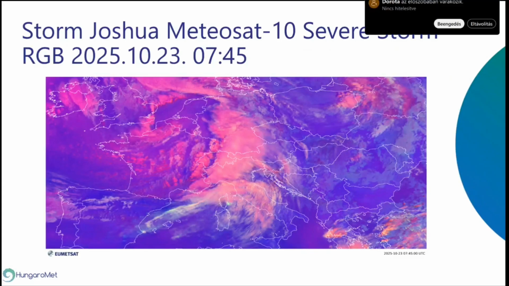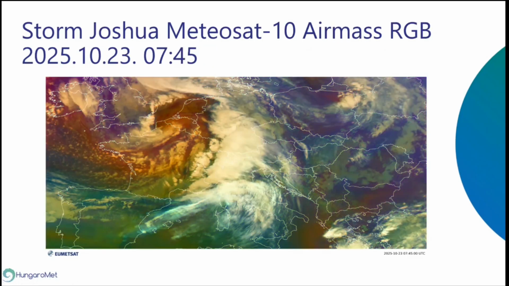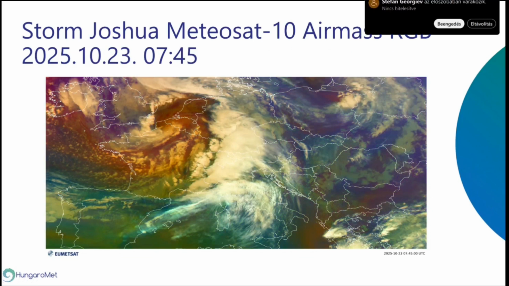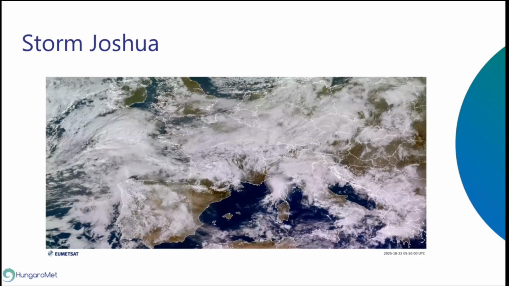So if we look a little bit more at Storm Joshua, in the Severe Storms RGB it looks a little bit yellowish, so probably there are smaller particles on the top of the cloud. And if we also look at the Airmass RGB, usually these DIPS clouds are very cold and very white on it, and although this is not so white, it's still a question whether this is influenced by dust or not. If we look again at this